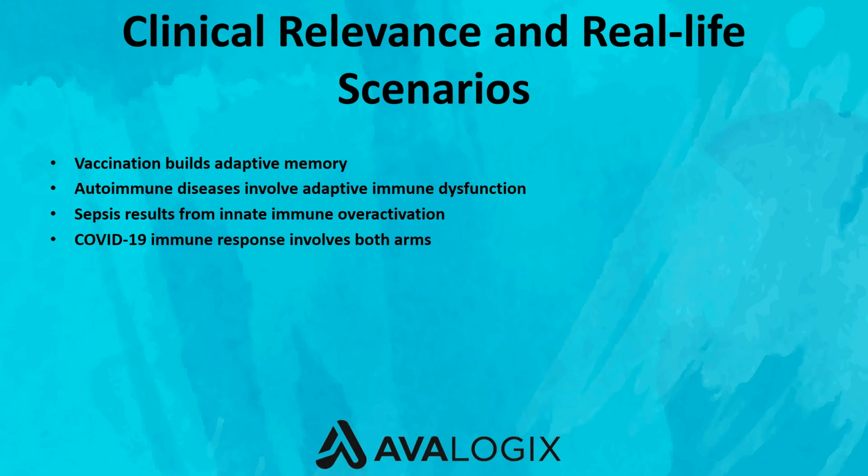Vaccines are designed to train the adaptive immune system without causing disease. When you get vaccinated, you're usually being exposed to a weakened, inactivated, or fragmented version of a pathogen. This is enough to trigger an immune response. B cells produce antibodies, T cells get activated, and most importantly, memory cells are formed. This means that when your body encounters the real pathogen in the future, it already has the tools to neutralize